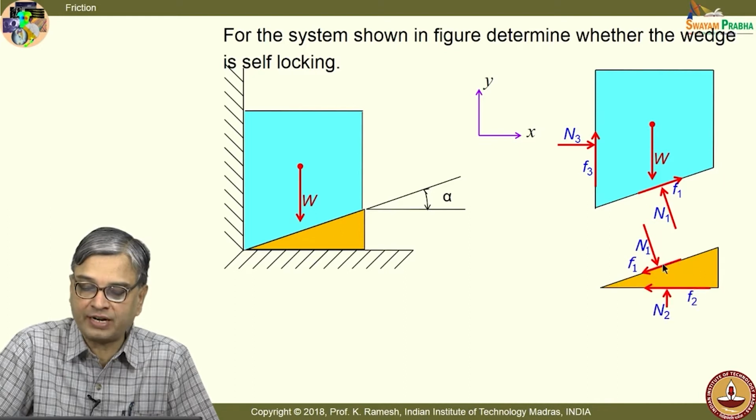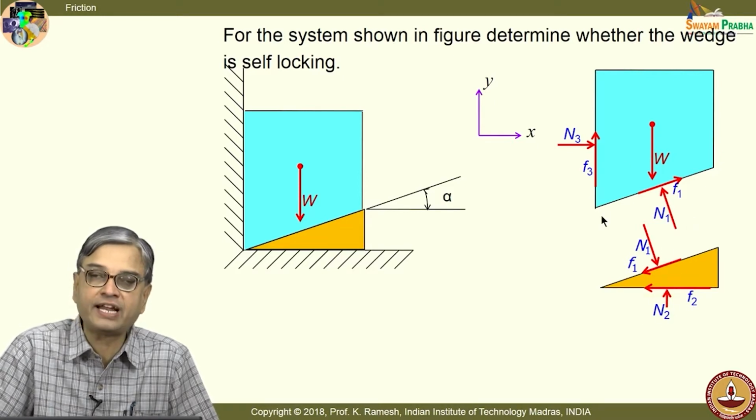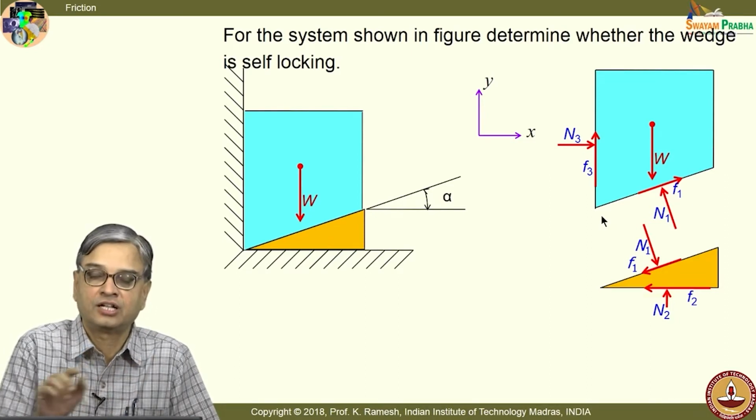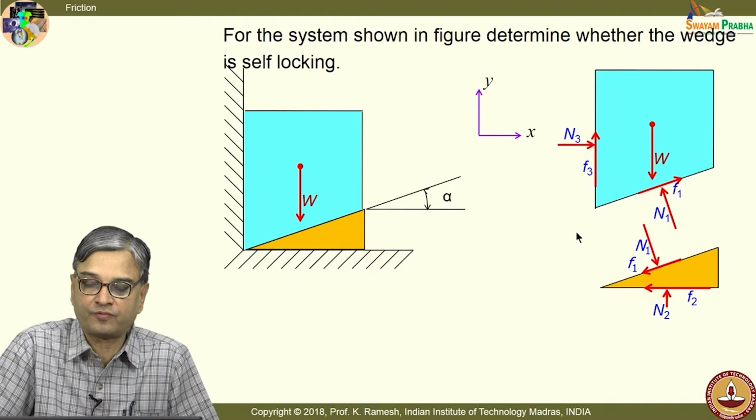That is prevented by the frictional effects, and you have to indicate the frictional forces correctly. The moment you indicate the frictional forces, rest of it is straightforward. So, here we are investigating when the load P is removed, what is the condition of the wedge as well as the block,